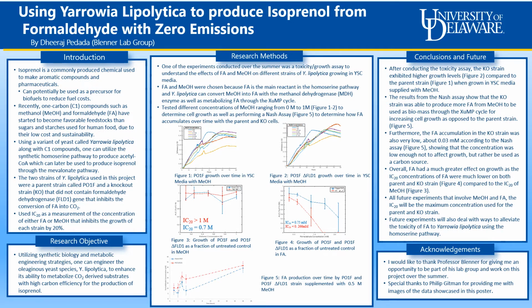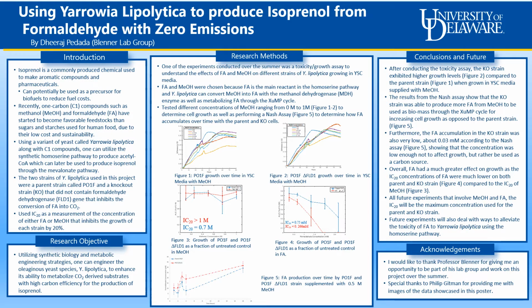So the overall objective of this project is to one day use Yarrowia lipolytica to metabolize CO2 to produce isoprenol with high carbon efficiency. The two types of experiments we conducted over the summer were, one, the toxicity assay, where we grew the parent and knockout strains in YC media with either methanol or formaldehyde, and the other type was a Nash assay, where we took the parent strain and knockout strain and put 0.5 molar methanol with it and measured its formaldehyde production over